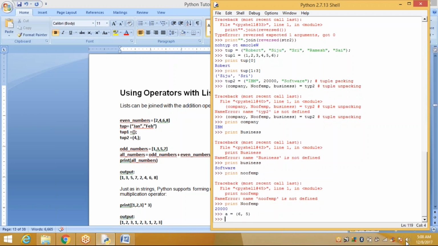So I'm not assigning that semicolon also. B is equal to (1, 4).